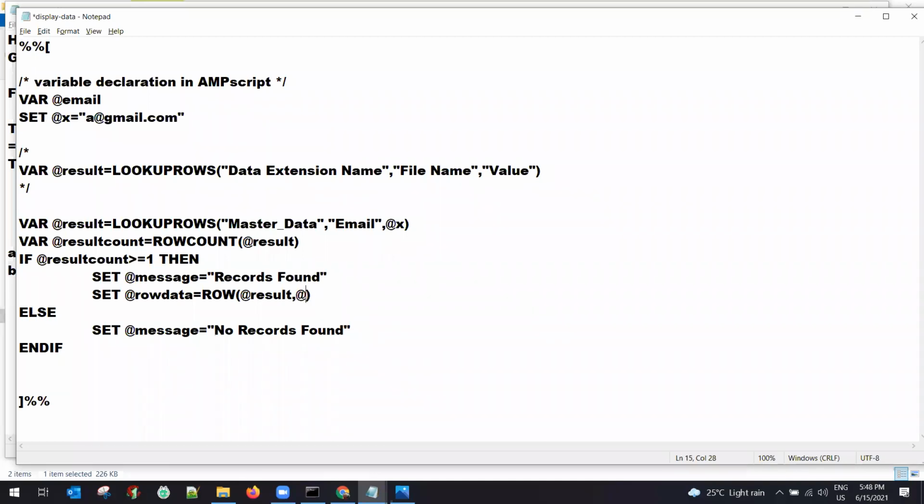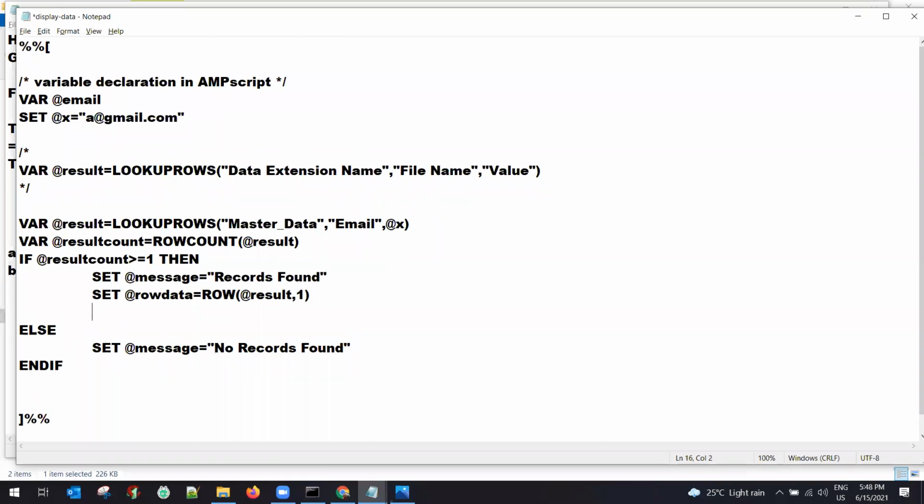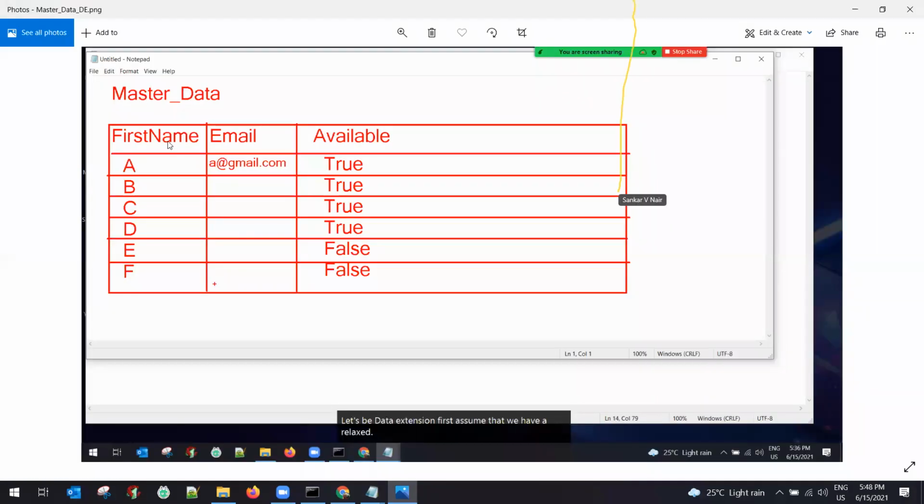What is I? I is the index. So for now, let's go with 1. This will get exactly that row, and we need to pull each information. We need,